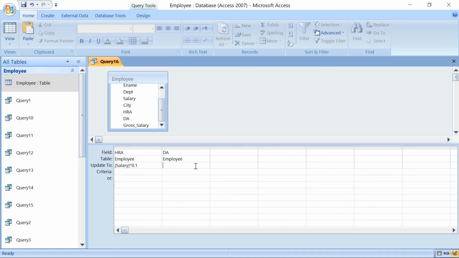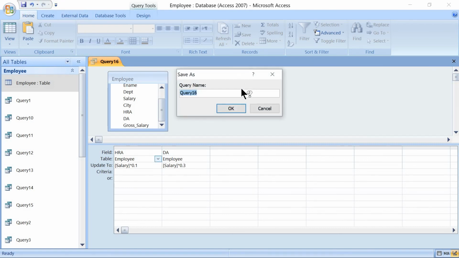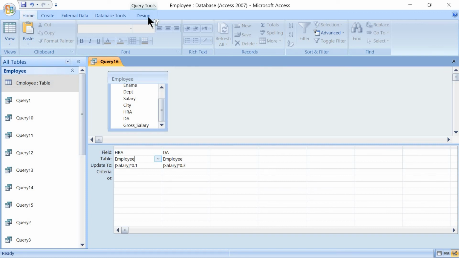This is 30% on the salary. Square bracket, salary, close the square bracket, then asterisk, this will be 30%. It is written in the form of decimals. Then save the query, this will be query 16.